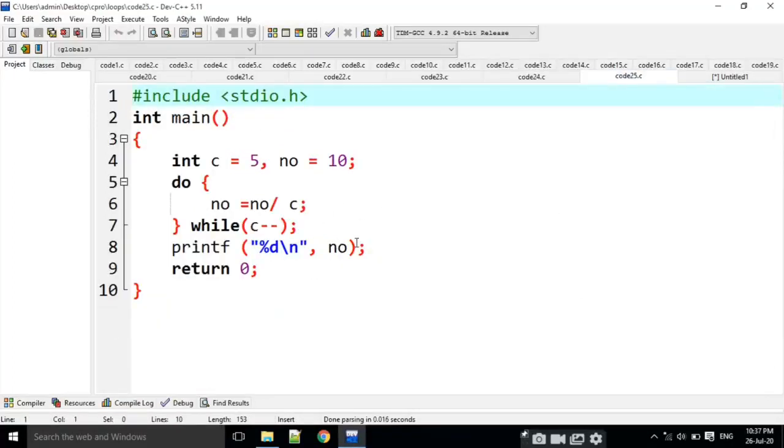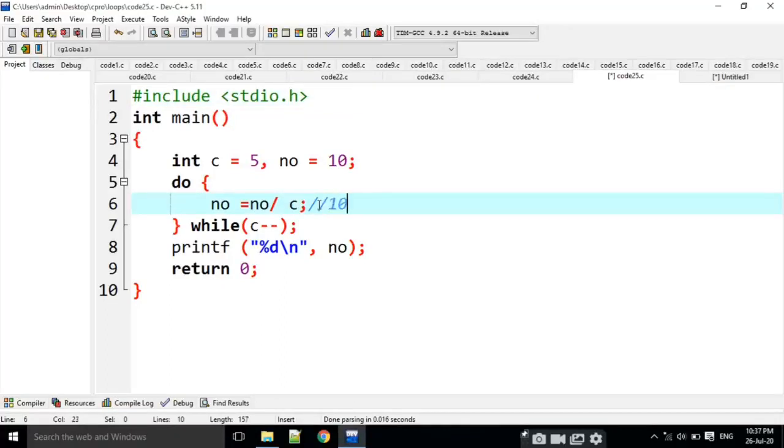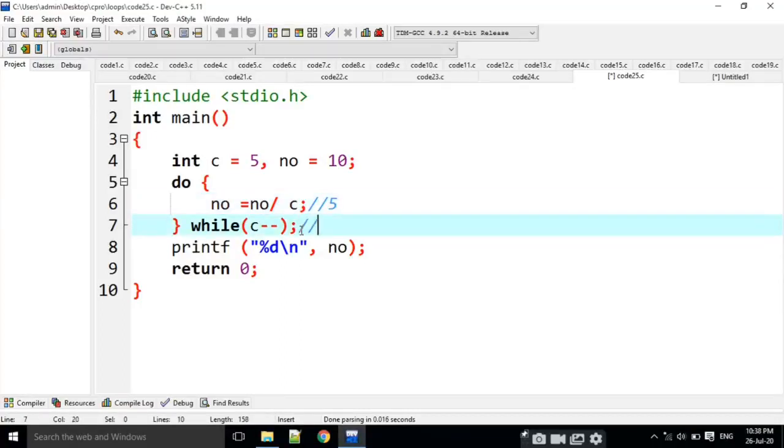The next question, some do while loop question. What is NO? NO value is 10. 10 by 2. What is 10 by 2? NO value becomes 5 now. What is C value?